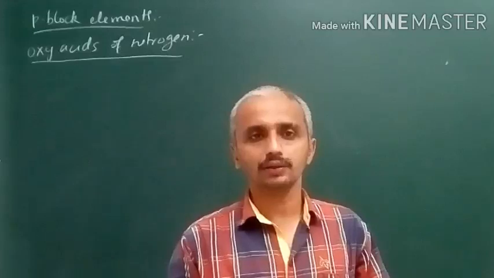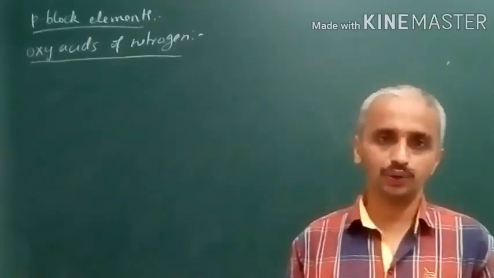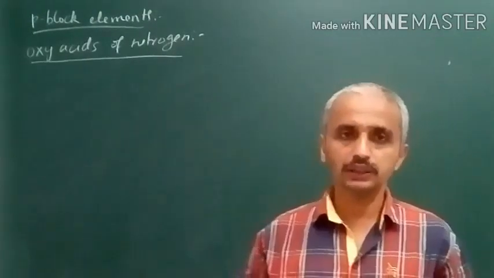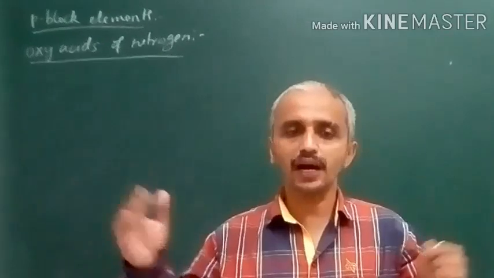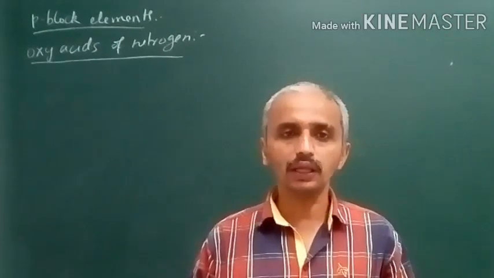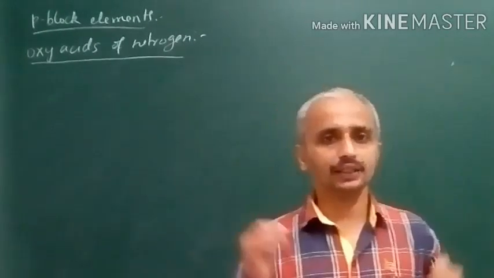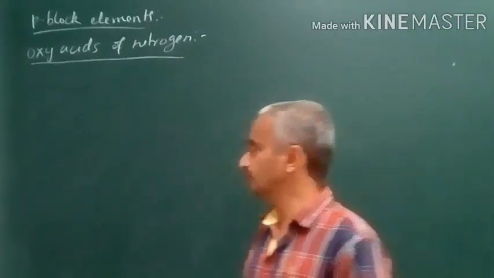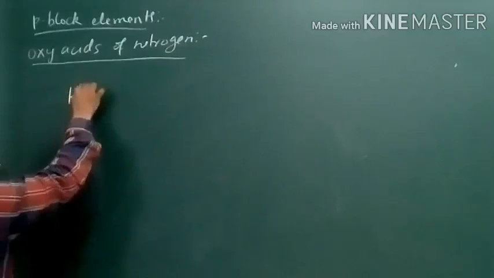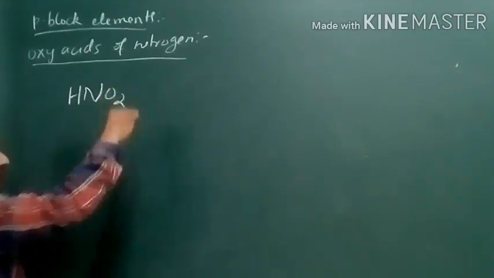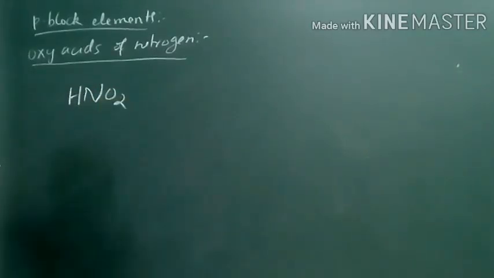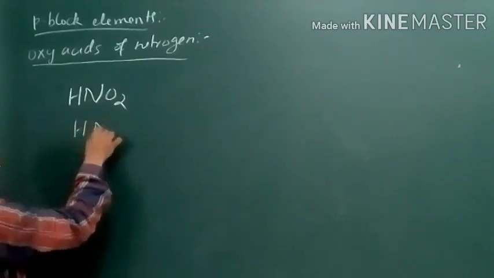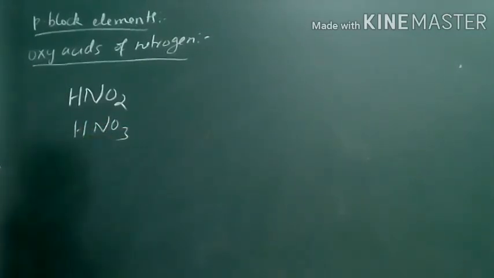Oxygen should also be there along with the hydrogen, because anything that gives hydrogen is an acid according to the Arrhenius theory. So just here, HNO2 is nitrous acid, HNO3 is nitric acid,